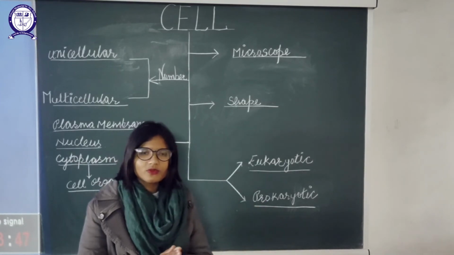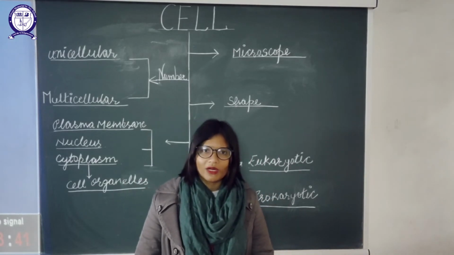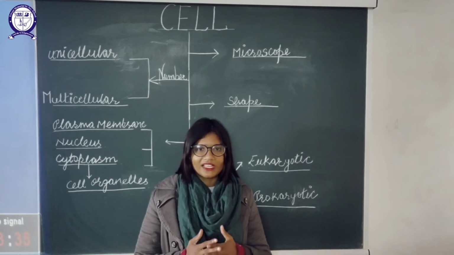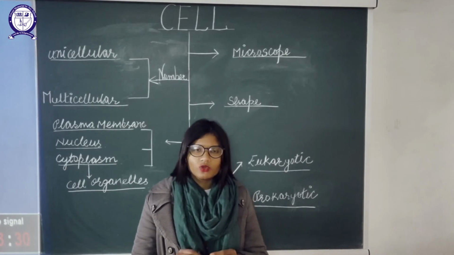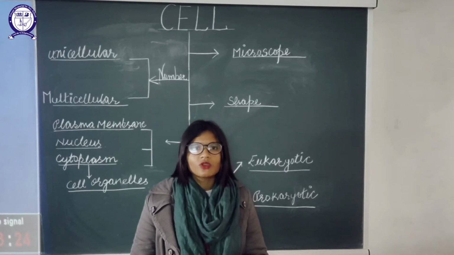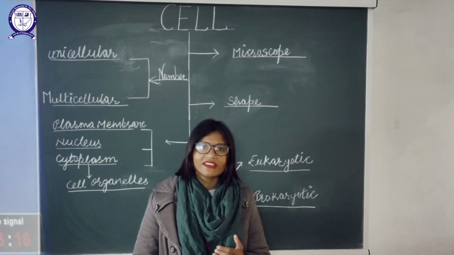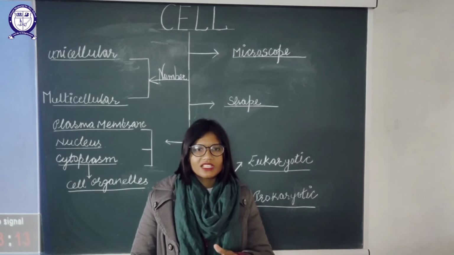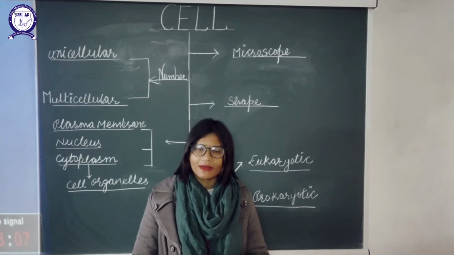Okay. Now the last topic of this chapter is the difference between animal cell and plant cell. We already talked about the basic difference between plant cell and animal cell, but we need to know what is the base of that difference. The base of the difference is the nature of these two types of living organisms. Plants are static in nature, that is they are not able to move, so they need a few structures to protect themselves. That is why they carry this cell wall so that they can protect themselves from harsh temperature and from other animals. But such a thing is not required in animals which are able to move. That is why the cell wall is absent in the case of animals.